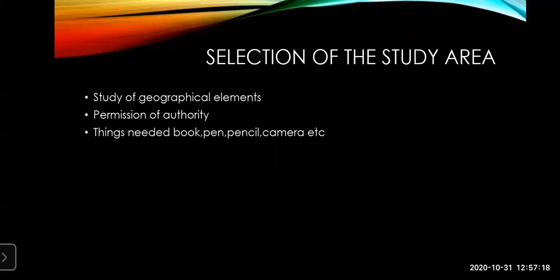Now next is the selection of study area. Now a geographical field visit is organized for the study of various elements. The various elements are studied over here. Physical landforms are studied. Then river banks are studied. Then dams are studied. Coastal areas, tourism sites, offices, museums related to geographical elements. Then villages, forest areas, etc. Now, the element should be selected, as I told you earlier. For that, it is important to study the local condition of that area.